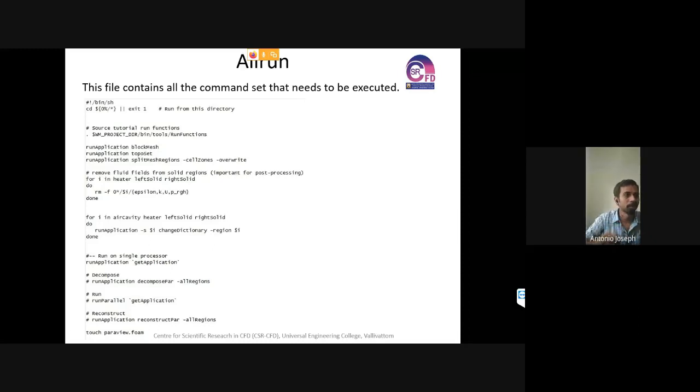We have two for loops. Okay, so we will be running more than one command, right? Like after run application, we'll be running the others. Yes, or else we can do it one by one. That means we will be changing all these commands into comments just by typing hash. Okay. Then we can execute block mesh, top offset, etc. by terminal itself. But later on, we need to execute using the script file only. Okay, sir.